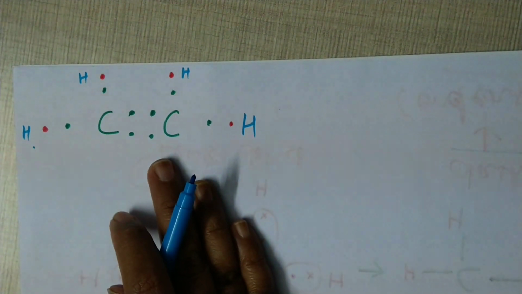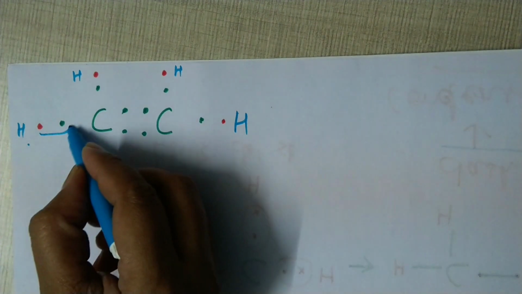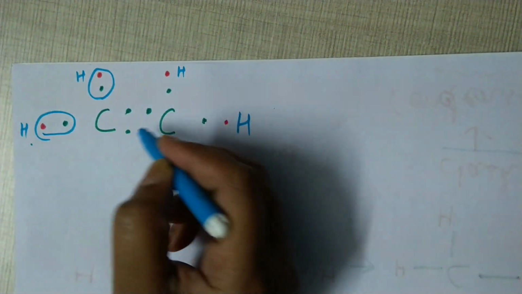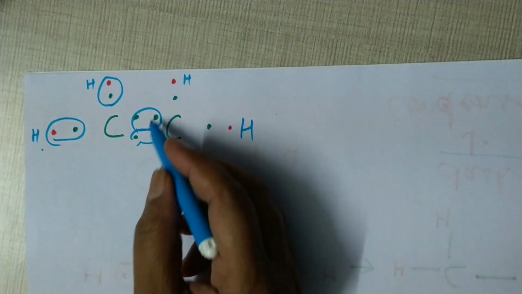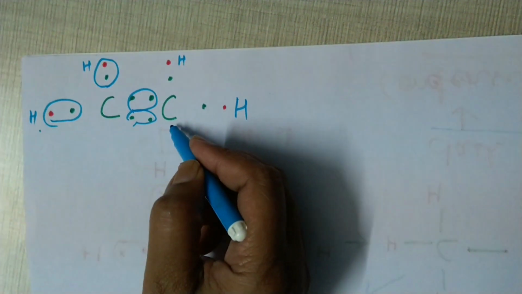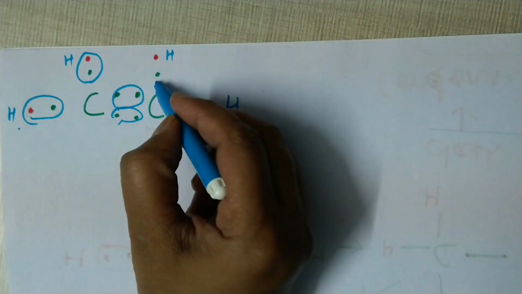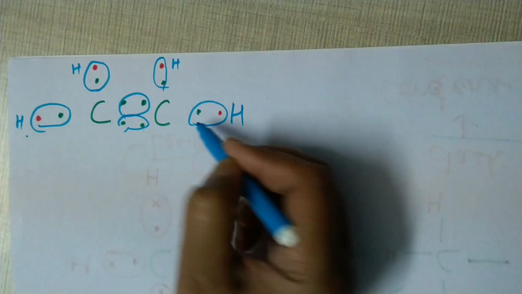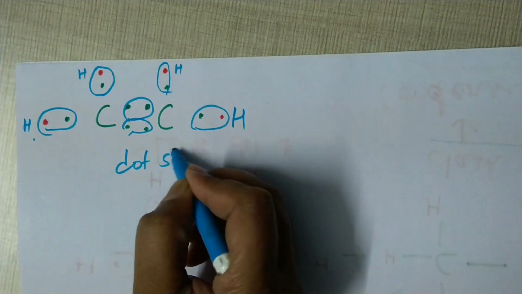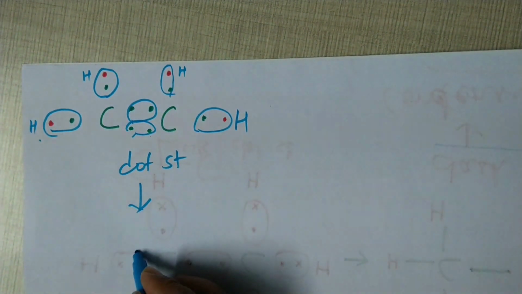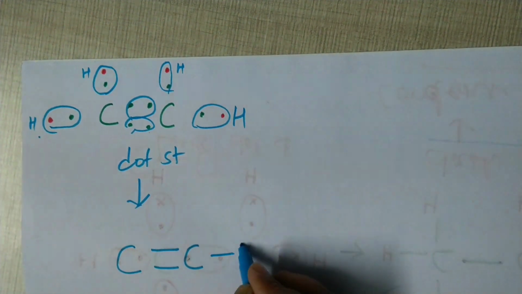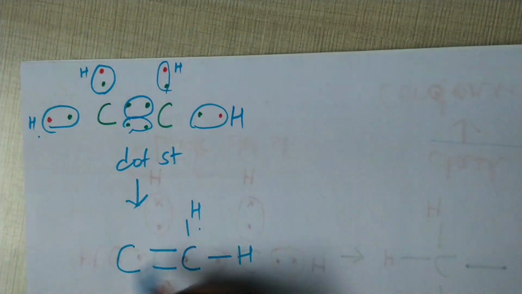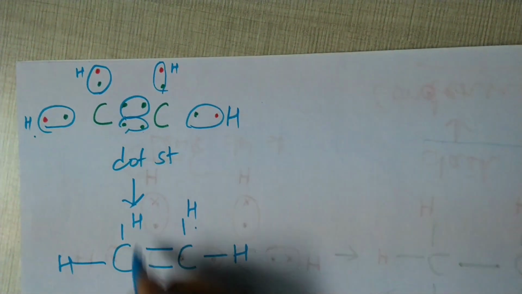This is Lewis dot structure of ethene. So, count the number of bonds. 2 electrons, 4, 5, 6 and 7, 8 for this carbon atom. I said these should be included for another carbon atom also. So 2, 4, 6 and 8. Which structure is this? Dot structure. So I shall convert it into dash structure. So C, so double bond is here. Carbon and hydrogen and 2 hydrogen bonds here.